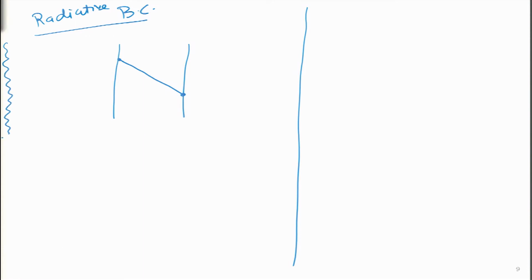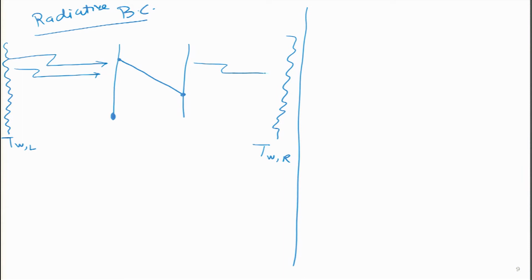is at some wall temperature TWL, L for the left, and this is at such a high temperature, it is actually participating radiatively. It is giving out these radiations, which is actually heating the left side of my wall. So, this surface is being heated by this. Then similarly, on the right hand side, I have another wall over here, and its temperature is T wall R, and this is the one which is absorbing the radiation coming out of the right hand side of the wall,